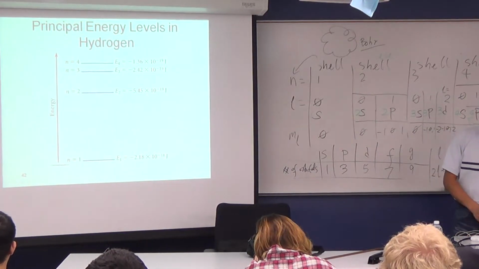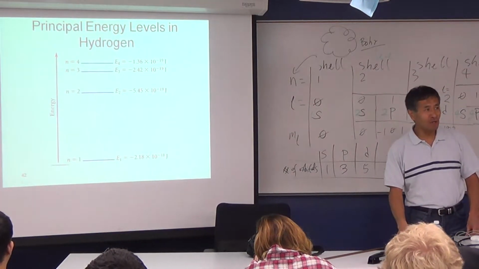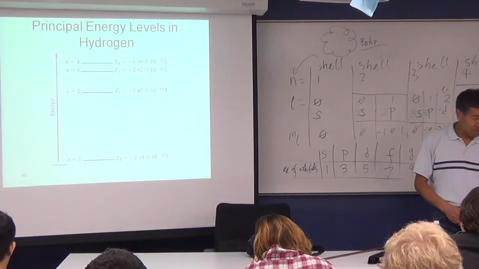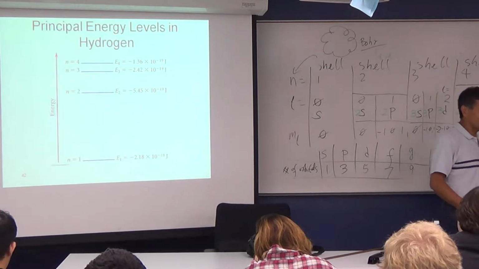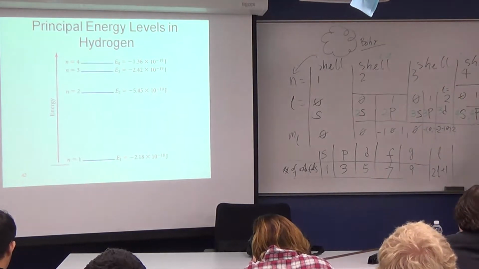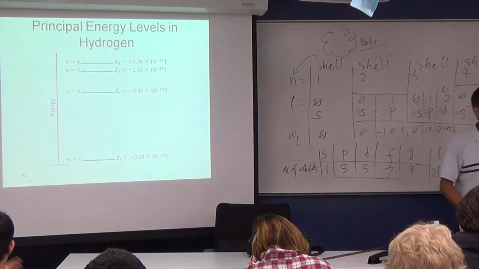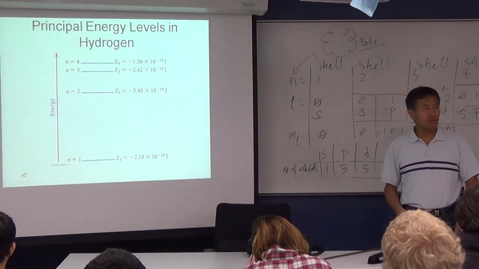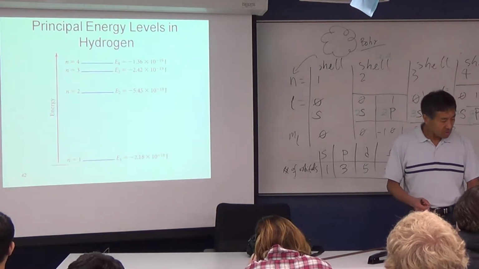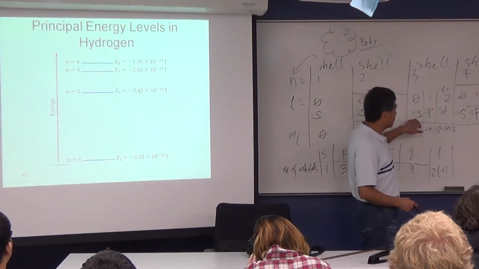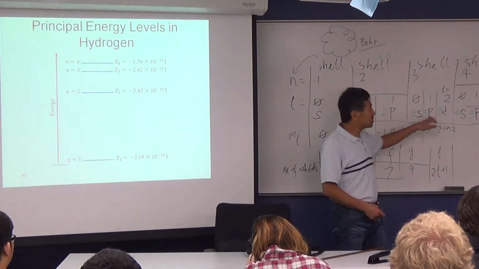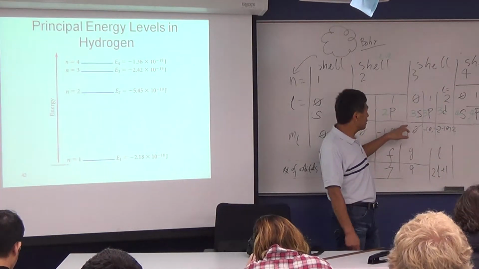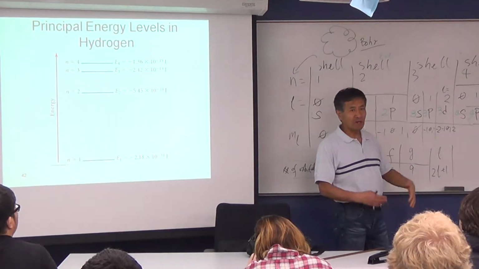Alright, so if you talk about n by itself, you are talking about the electrons, and electrons also depend on l and ml. So we try to make the problem a little simpler, and we say that for the H atom, in terms of energy, these still have different shapes. So for the H atom, the 3s, 3p, and 3d all have the same energy.